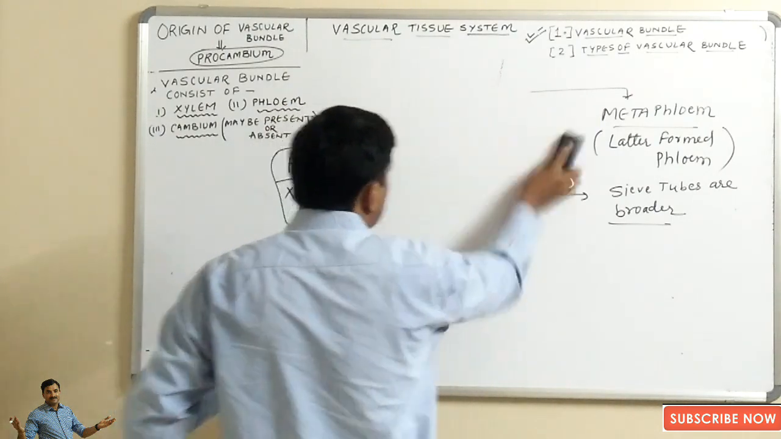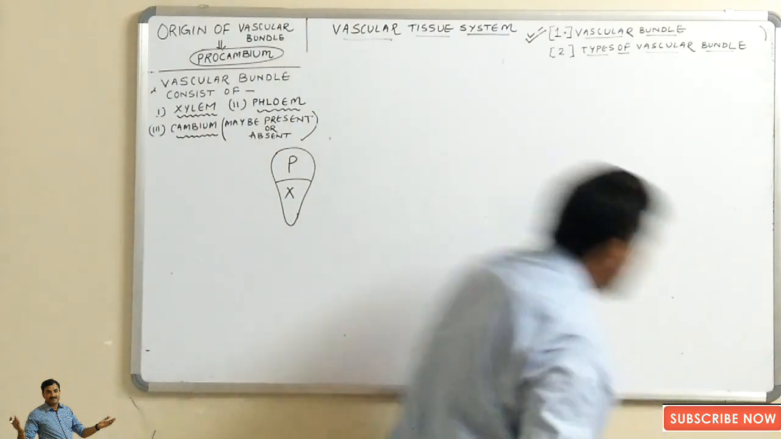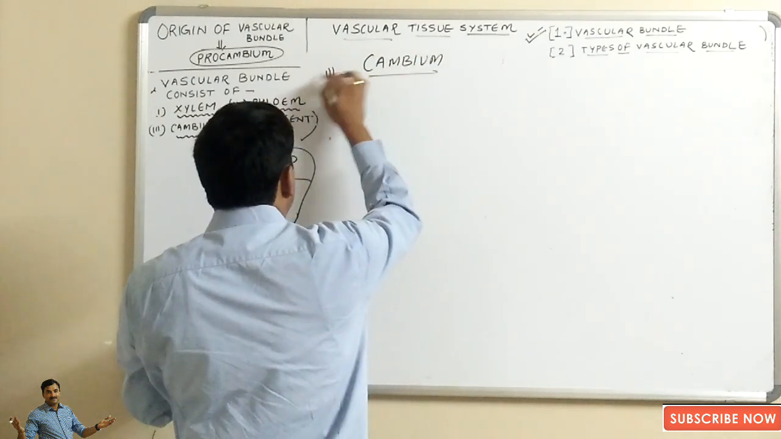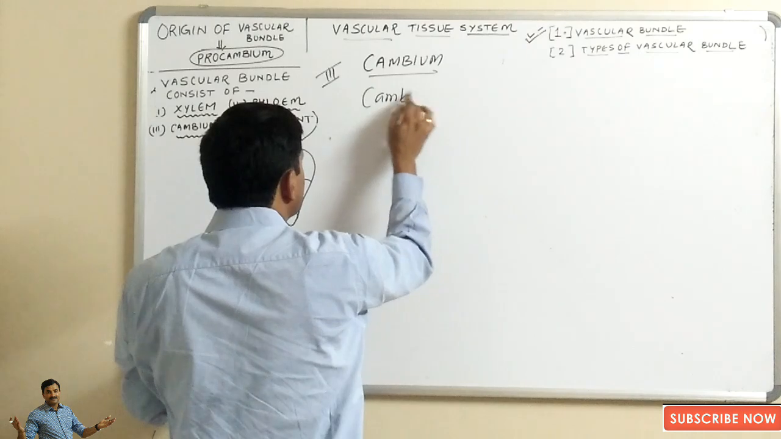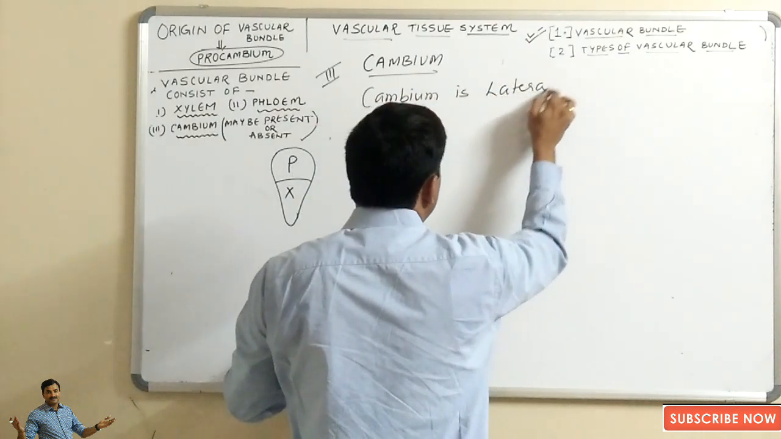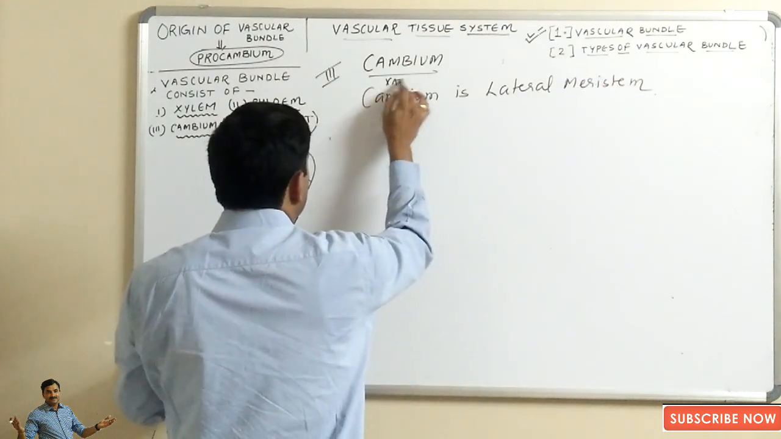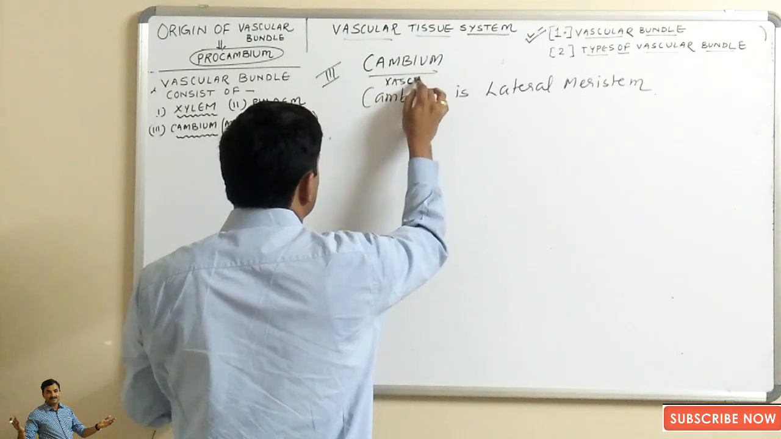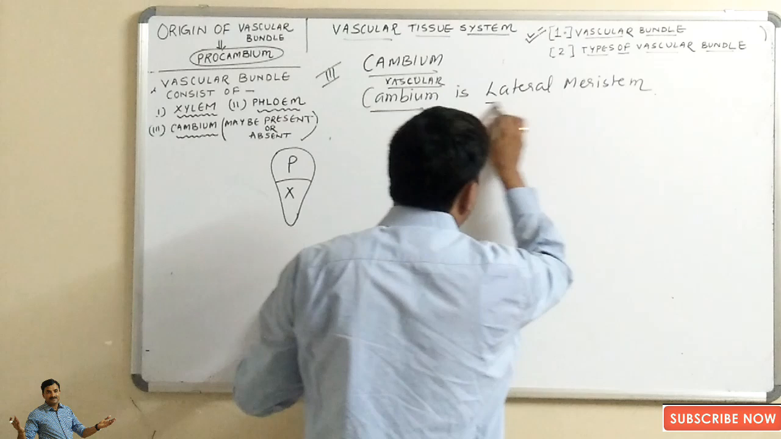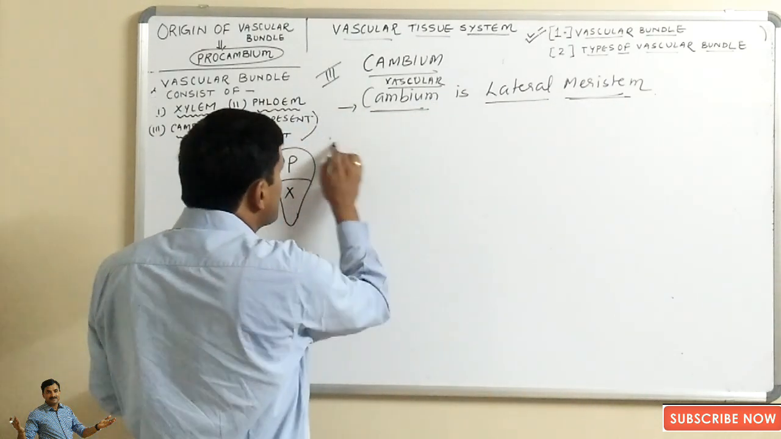Now the third component, which is a very important component of the vascular bundle, is known as the cambium. The third component, cambium. Now cambium is an example of lateral meristem. Vascular cambium, in fact we will say vascular cambium. Vascular cambium is a lateral meristem. It is what? A lateral meristem, and this cambium